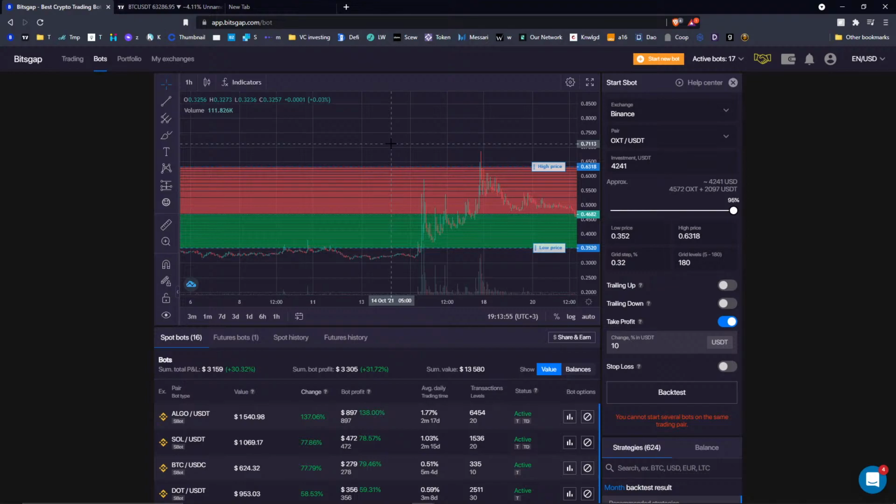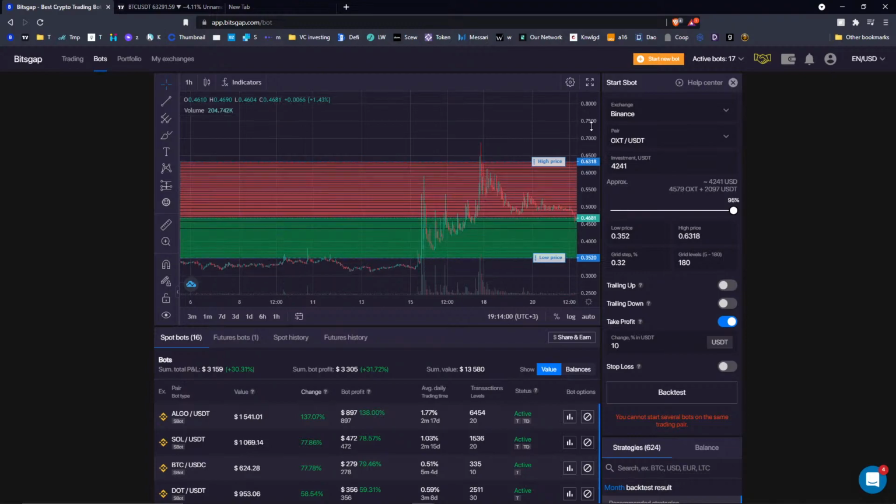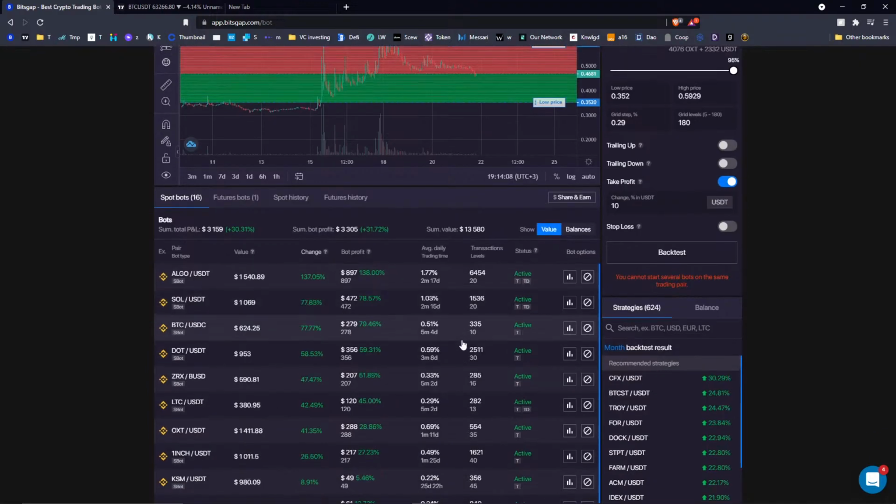Honestly, since there was a question about the take profit and when you should use it, well, it depends on your trading style, to be honest. You can set a certain benchmark for yourself. Let's say if the bot makes you 50%, that's it for you. You want to exit it. You don't want to trade it anymore. So that way you set your take profit at 50%, and once your change, which is here in this column, reaches 50%, the bot will be automatically closed. Okay, so it will sell all of the base currency, and that way it's a 100% exit to the quote currency